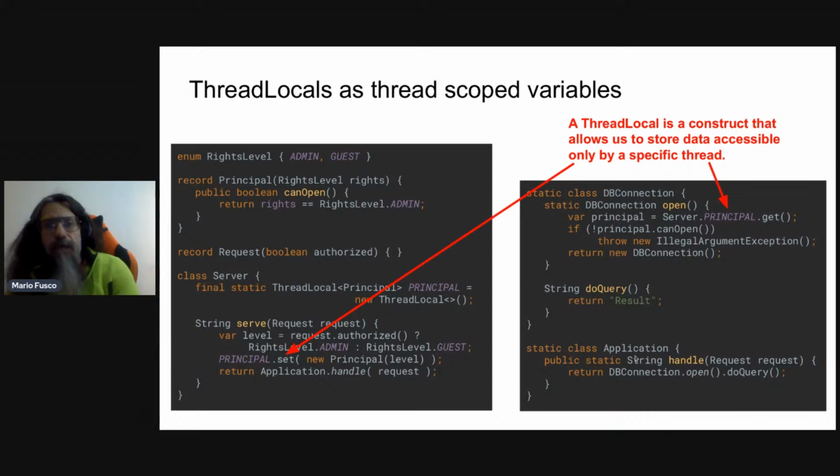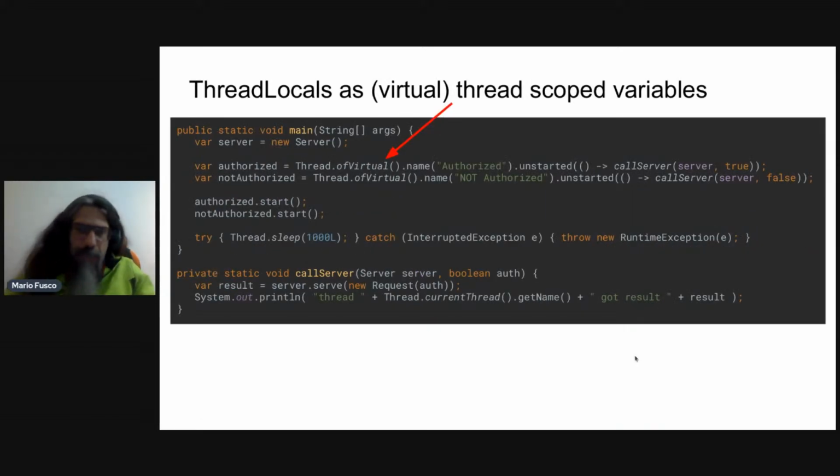and so I set the value of the rights that I have in this thread local, and then I'm not obliged to pass this value down to all the subsequent calls. I can just access the database, but before doing so, I can read the rights level from the thread local, and use that value to decide if I'm allowed or not to create a new database connection. So this is pretty simple, and this works with the native thread, but of course it works perfectly also